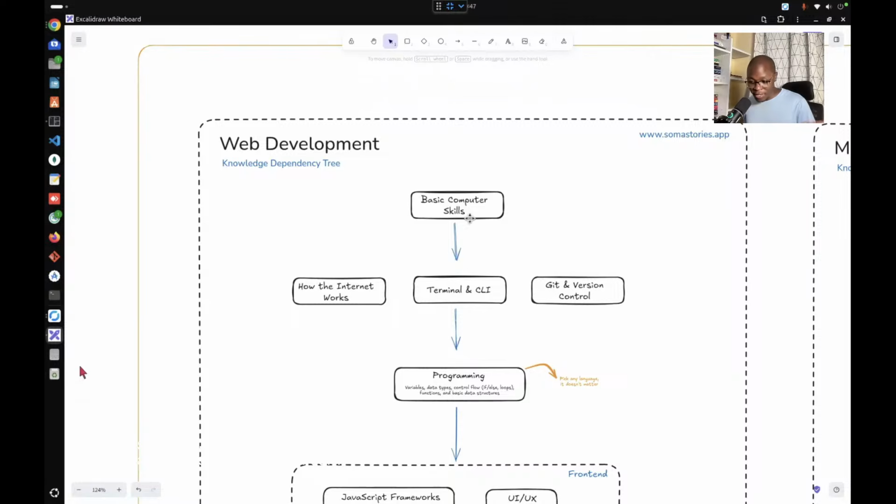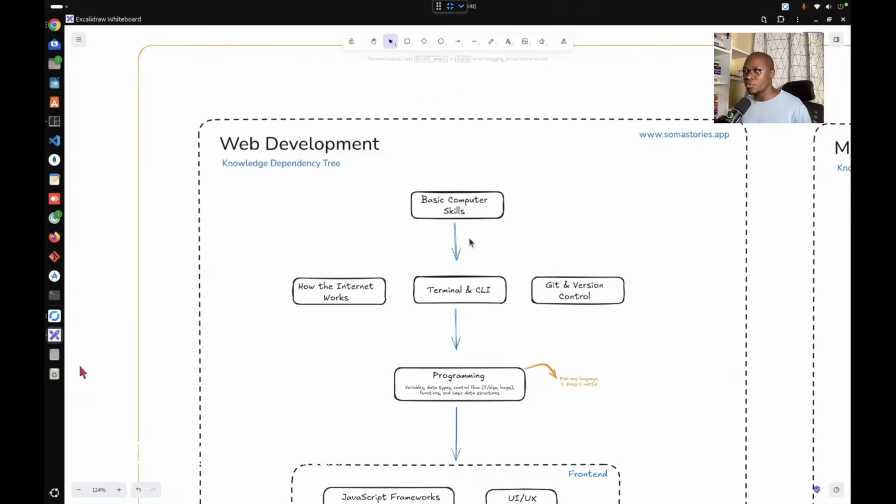You need to know how to turn on your computer. You need to know the difference between left and right clicking. You need to know how to install software on your computer. And we covered all this in class 0, class 1, and first class, which was class 7, which was a recap.